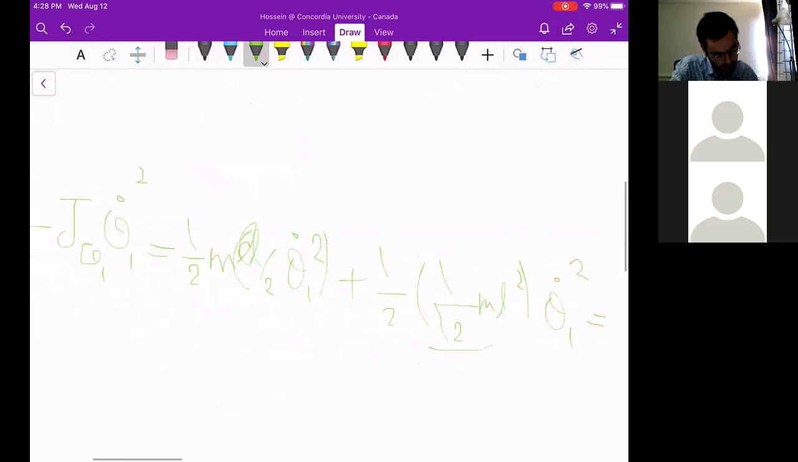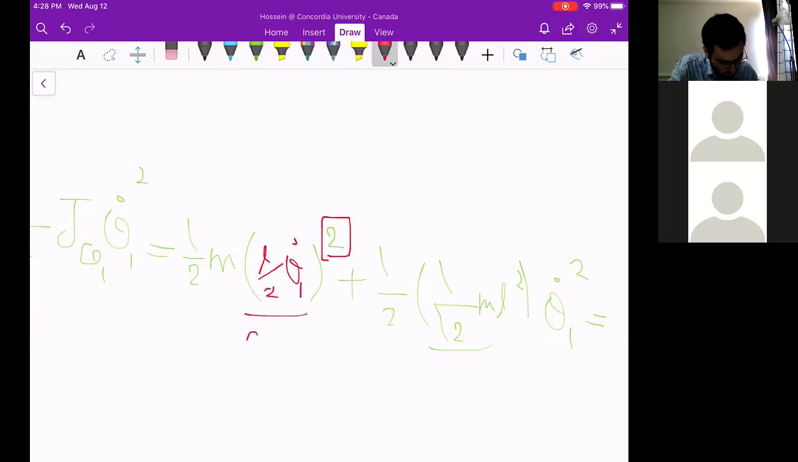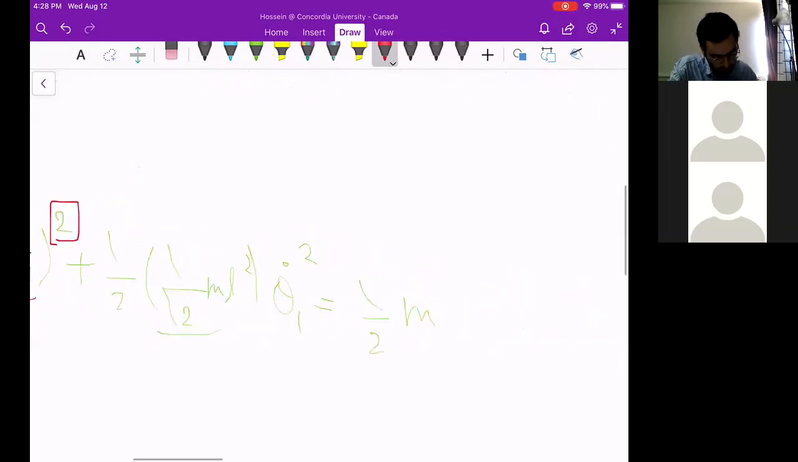Okay, I made a mistake here. Sorry, I should have written it like this. A little bit messy here. Okay. Vg squared is here. Be careful, the square is outside of the parentheses. Vg is half L theta dot 1. Vg squared. So 1/2 m Vg squared, L squared over 4 theta dot 1 squared plus